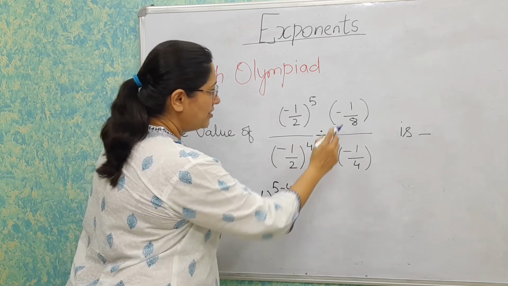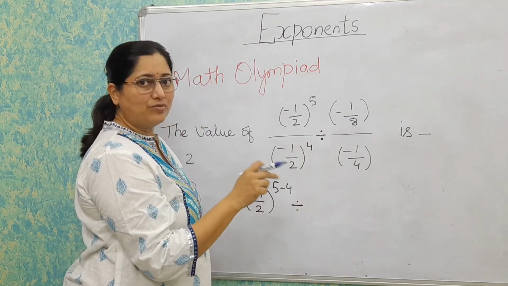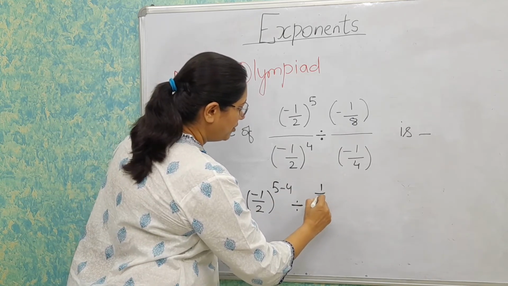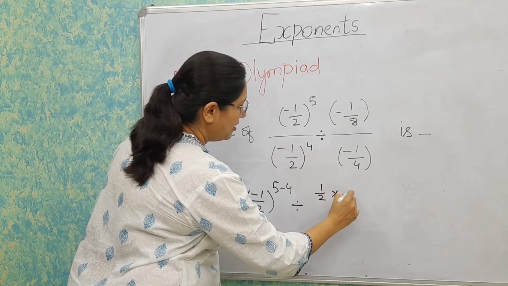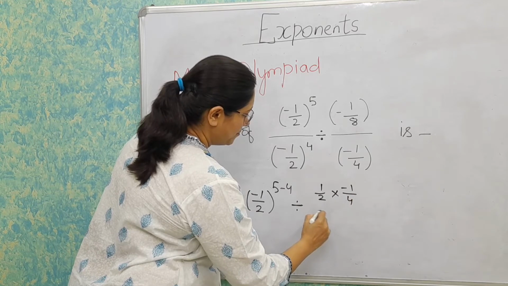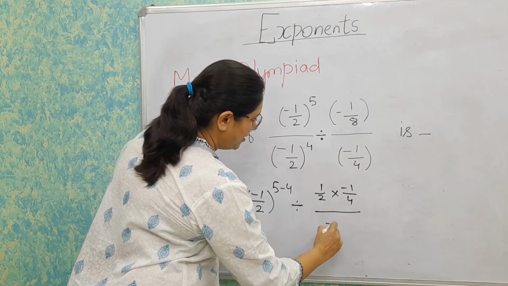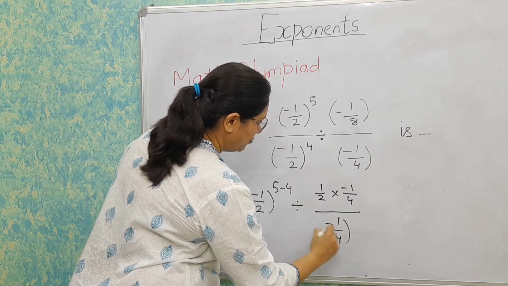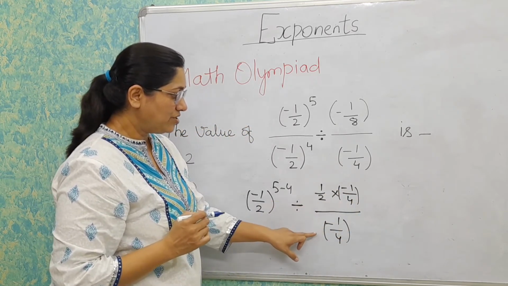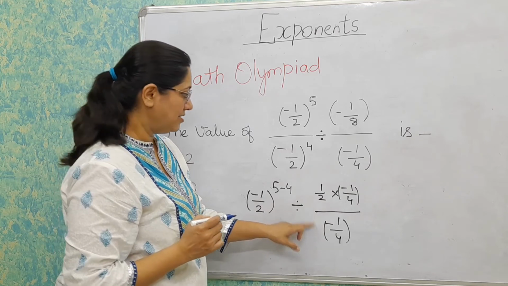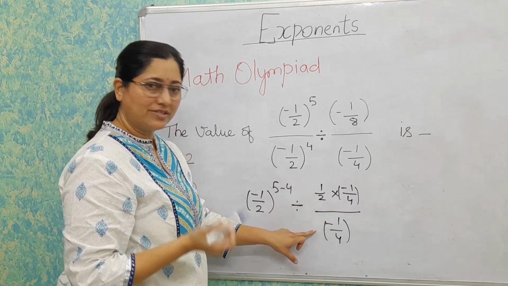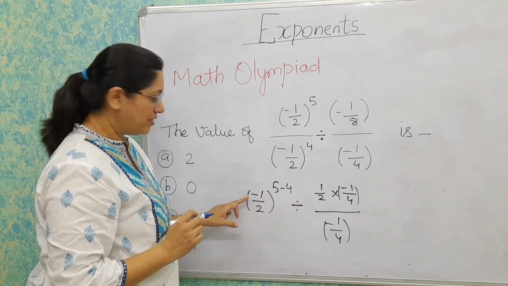In our second case, now we have to put the division sign. And what about this one? I can write this 8 as 2 multiplied by 4. So I will write it as 1 upon 2 multiplied by 1 upon minus 1 upon 4, and then divided by again minus 1 upon 4. So in this way we have made these two numbers with same bases. Only this 1 upon 2 is different and these two numbers have same bases. Now first we will solve this one.